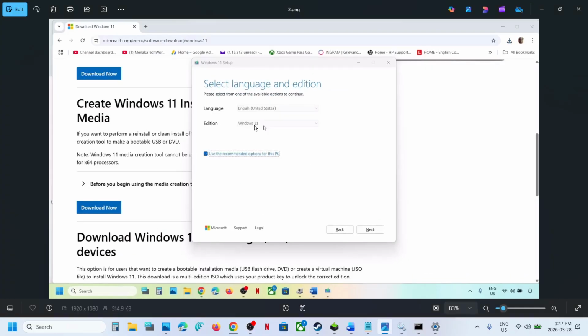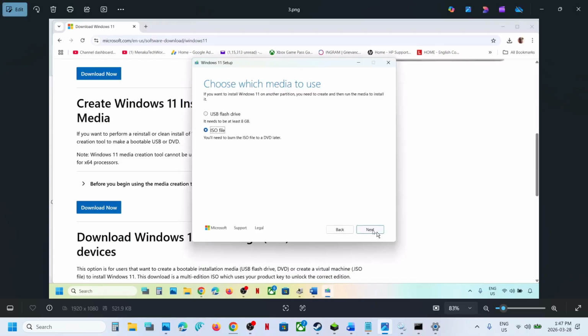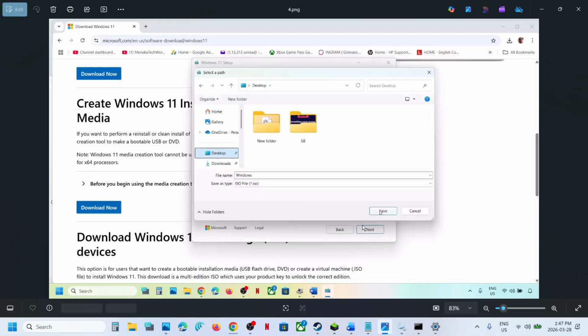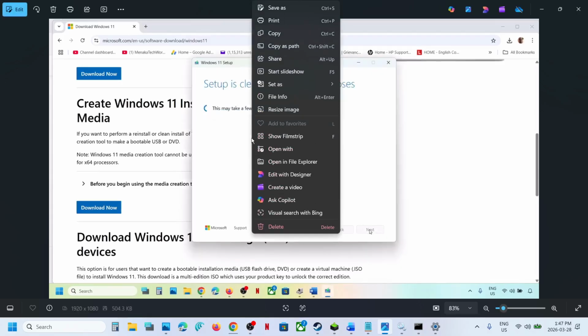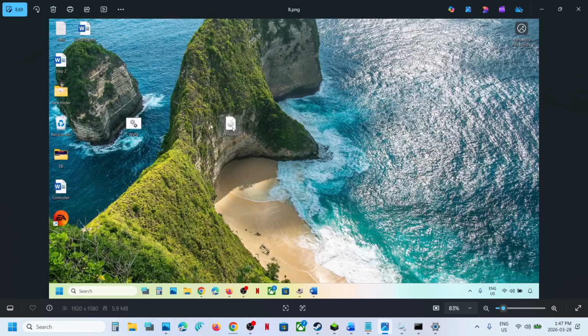By default Windows 11 will be selected. Click on next, select ISO file, then click on next. You can save it to desktop, click on save. Let the download complete. This process will take some time. It will take a long time. Once done, click on finish and let this close automatically, and then you can go to desktop,